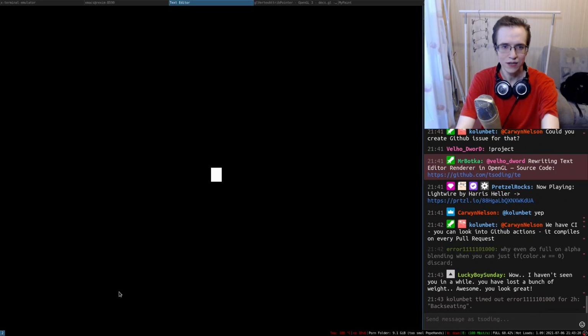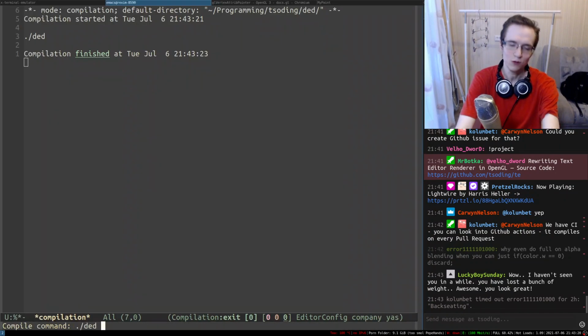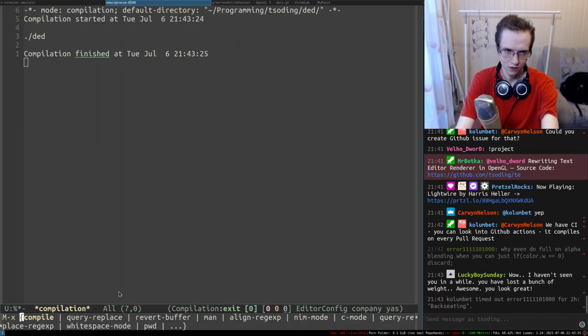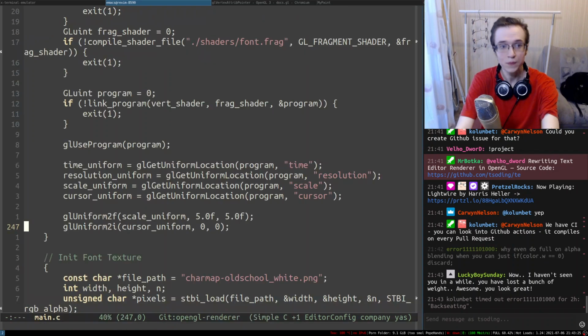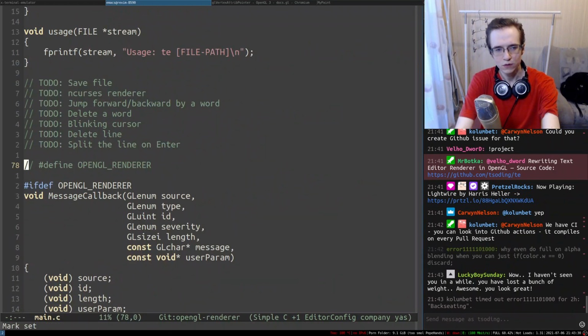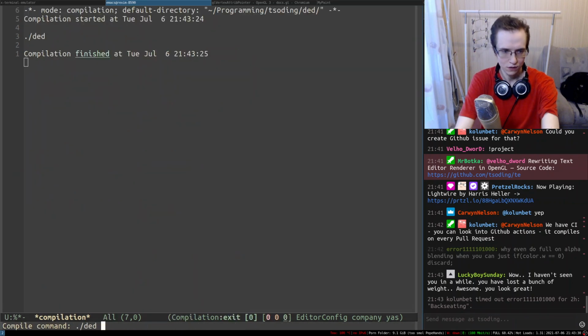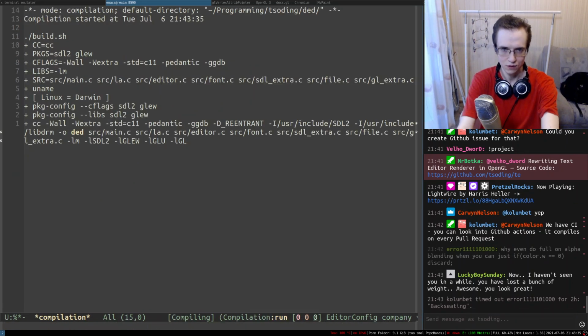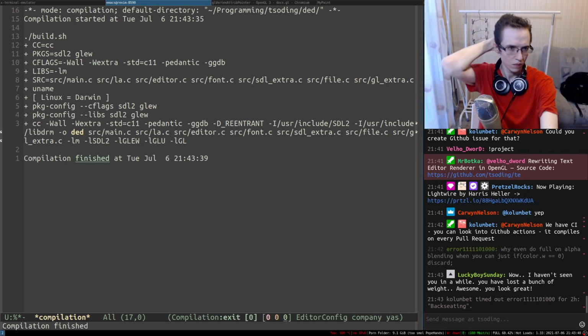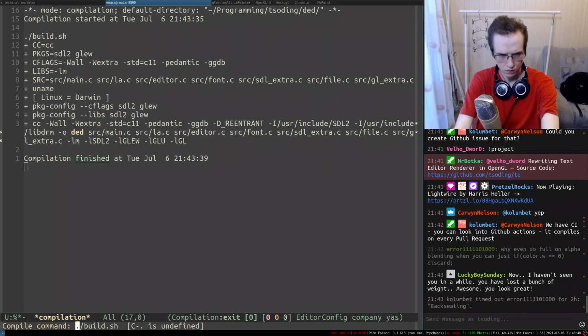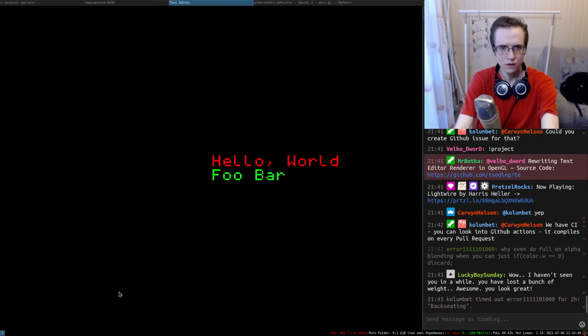So I don't have to rebuild the entire thing, and well, I do need to rebuild the entire thing because we're using the incorrect renderer. OpenGL renderer, so let's enable this. Right, and let's do something like this. So this is going to be dead.